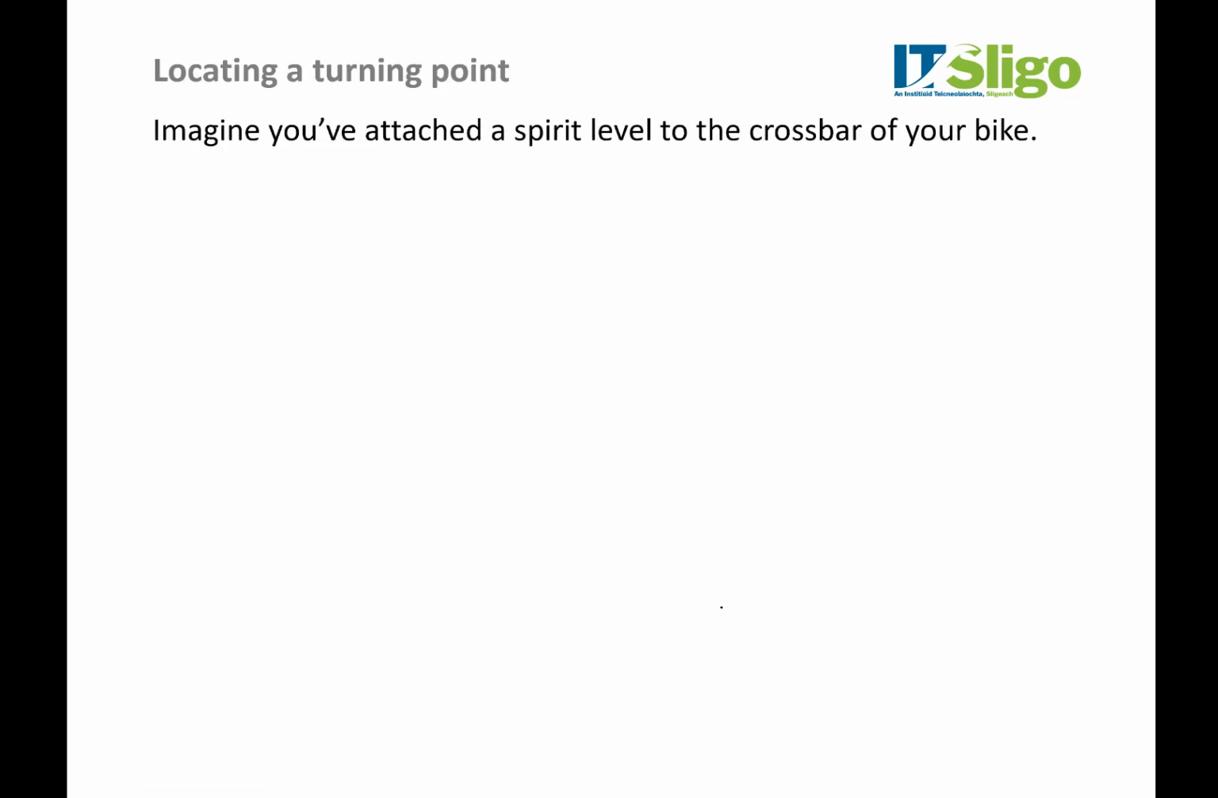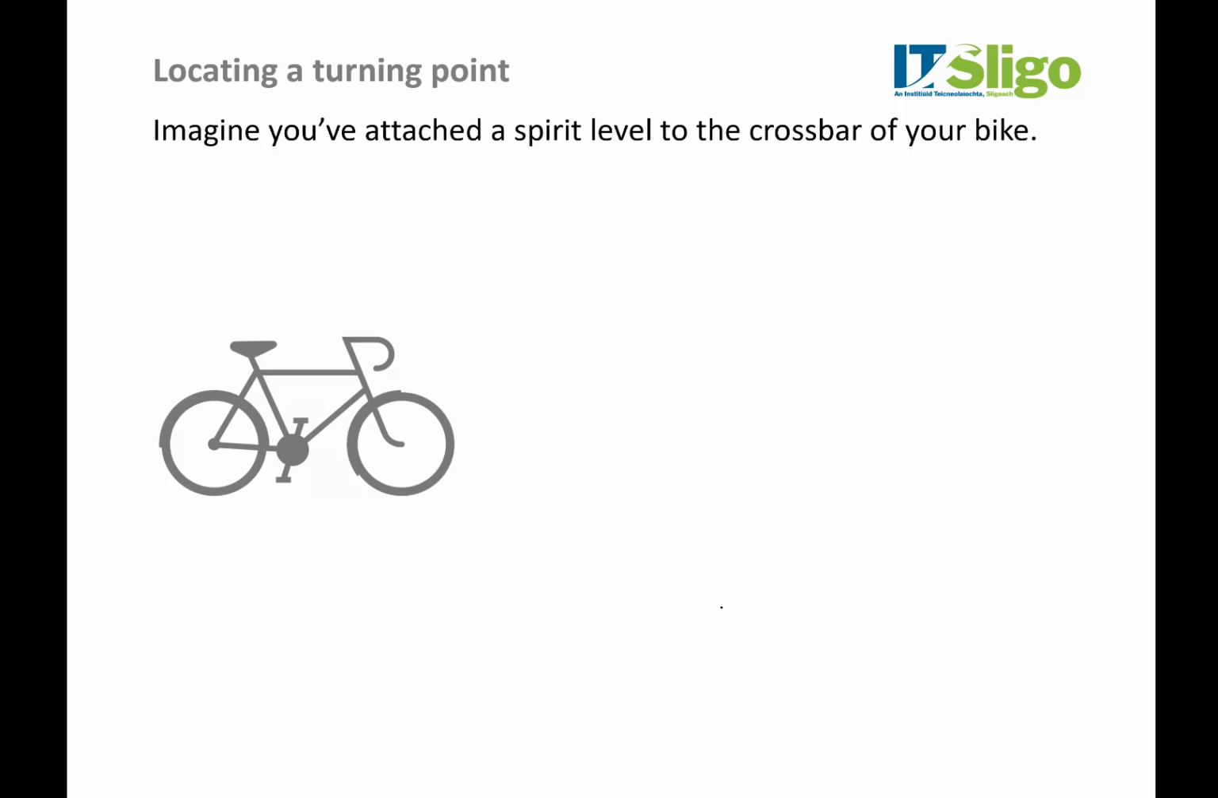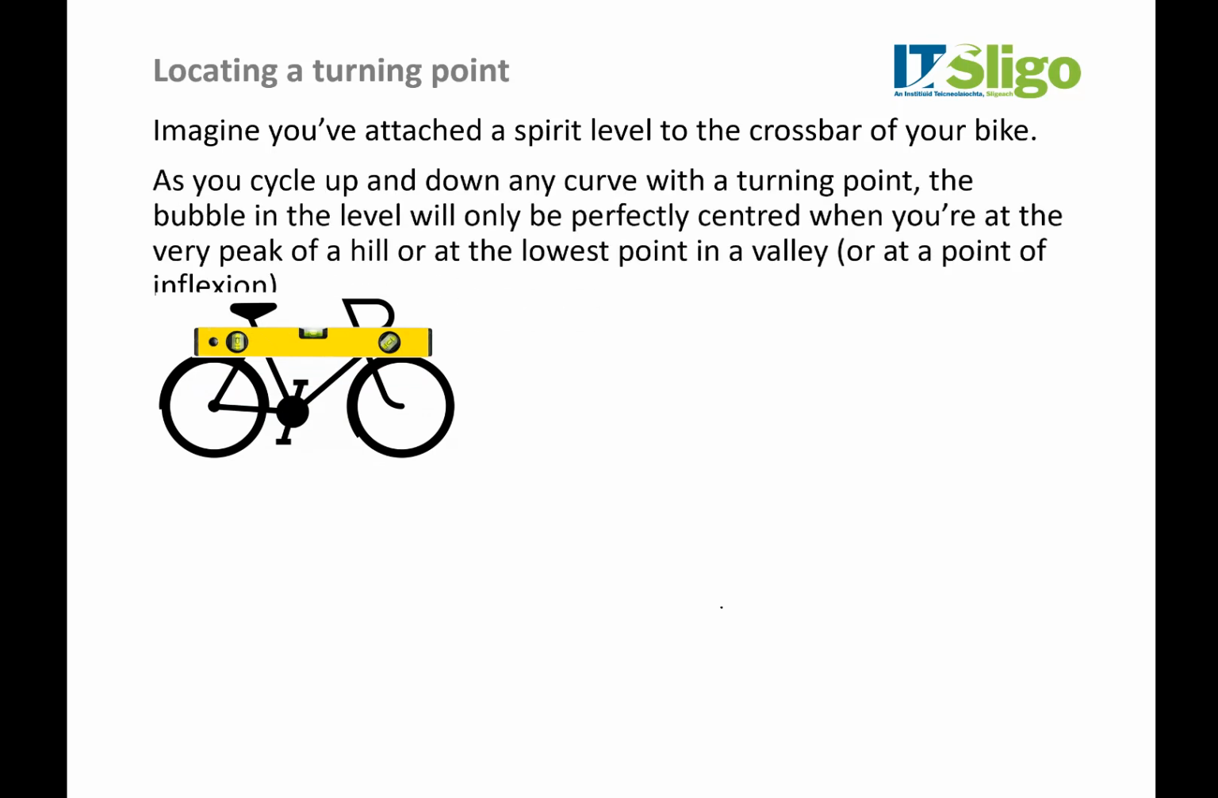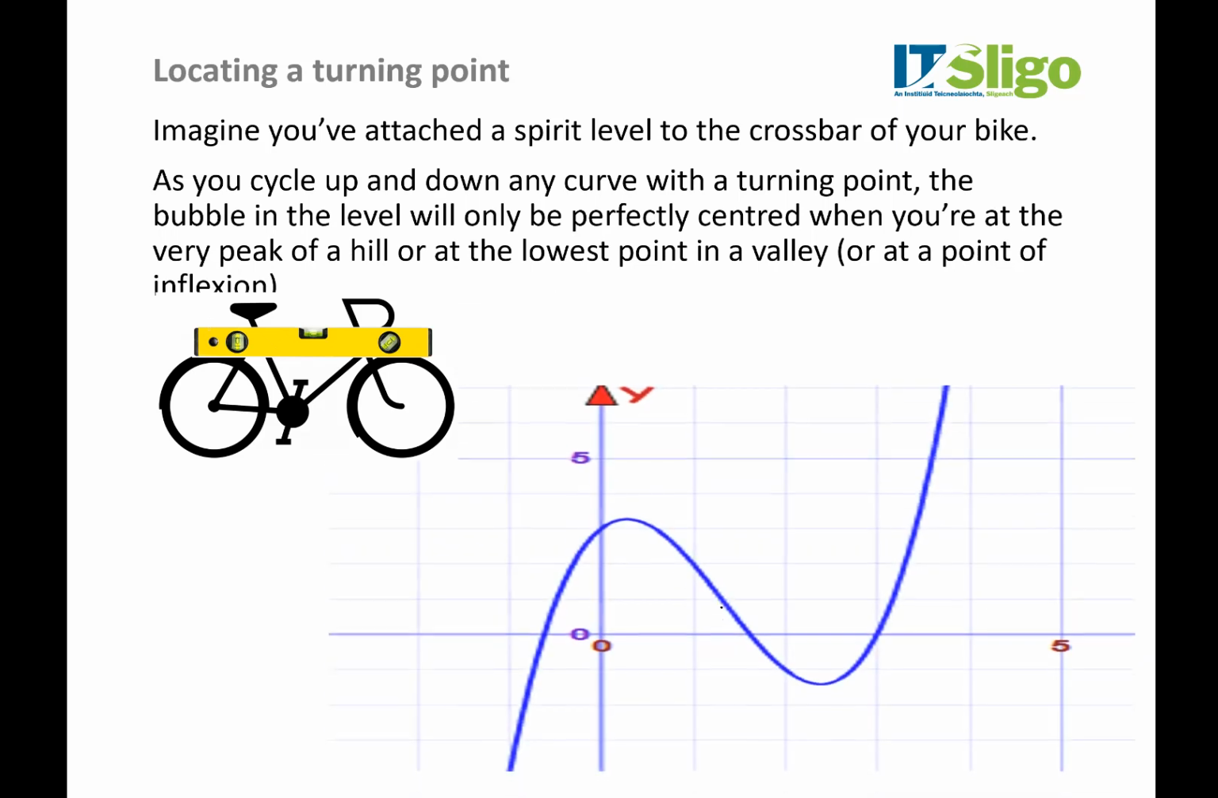So just to give you a quick visual picture of what we're trying to do. Imagine you've got a bicycle and you've attached a spirit level to the crossbar of your bike. So here's your bike, and we're tying a spirit level to the crossbar there. Now, as we cycle up and down the hill,